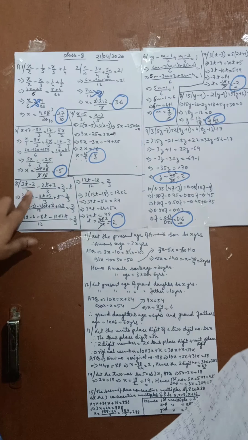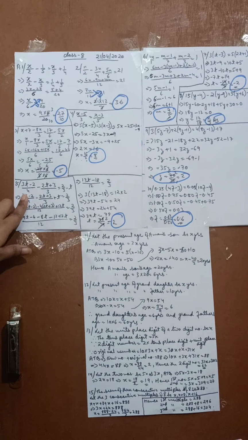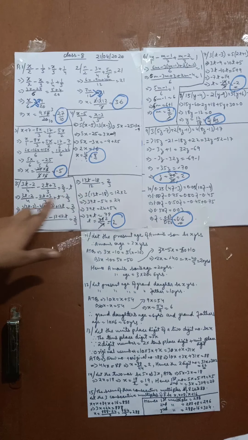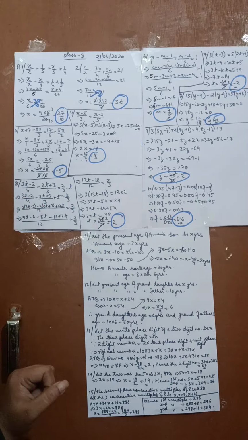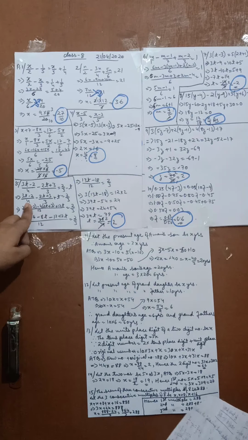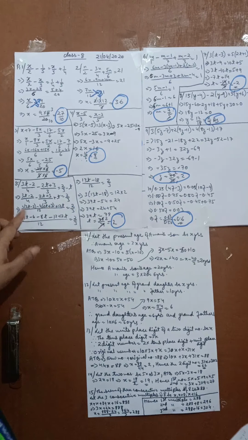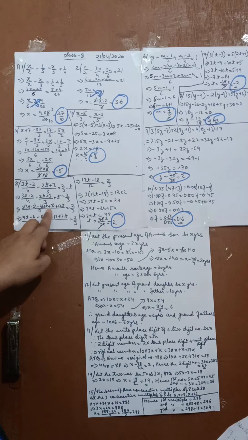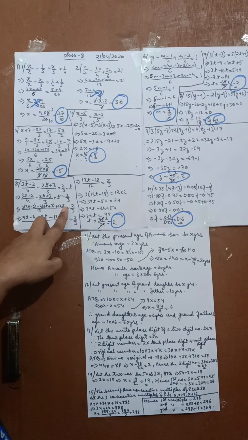Number 5 is 3t minus 2 divided by 4 plus minus 2t plus 3 divided by 3 is equal to 2 by 3 minus t. So we will keep again here all the t values together. Then we'll solve it. So we'll take the LCM of 4, 3 and 1. It becomes 12. So 3 into 3t minus 2 minus 4 into 2t plus 3 plus 12t is equal to